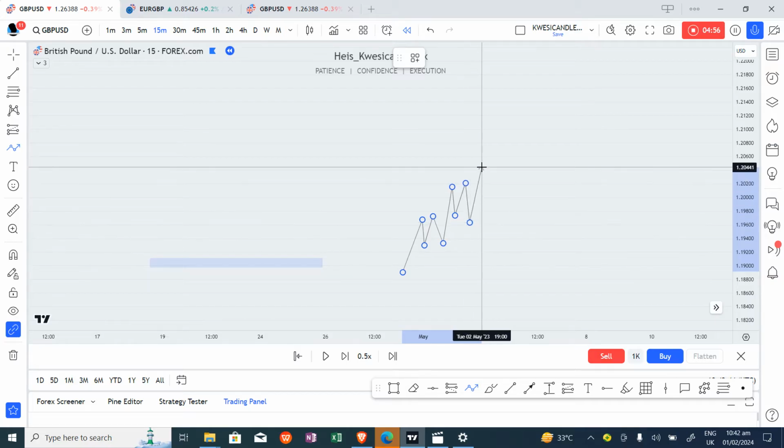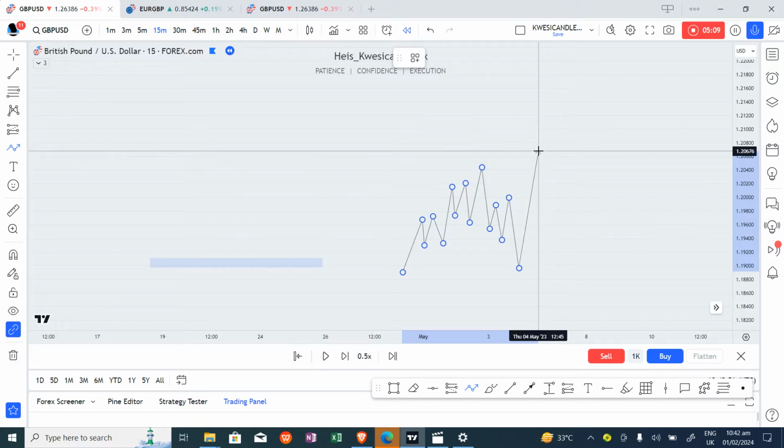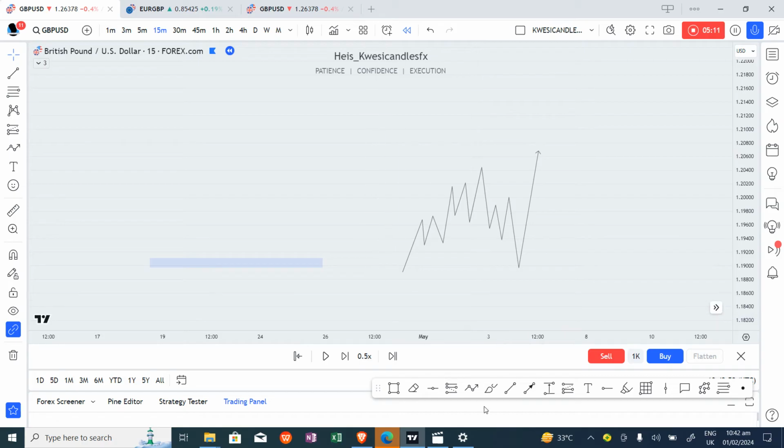Then we might be having this. Then maybe we've got another push like this. Let me try then. I'm trying to create something and yeah, then maybe before we will get to the upside. So you can see that here was our